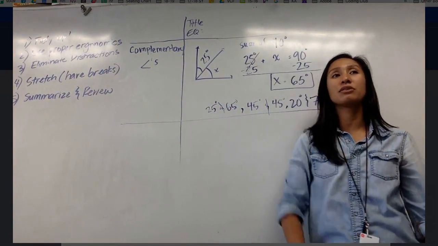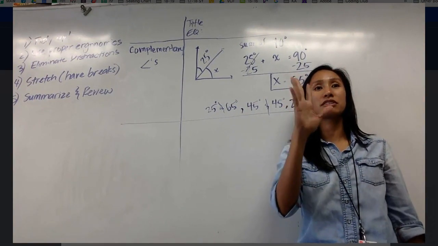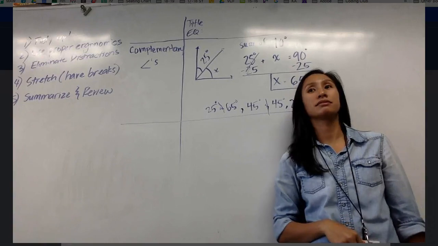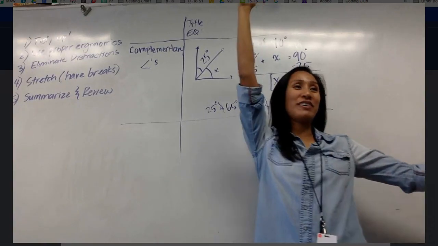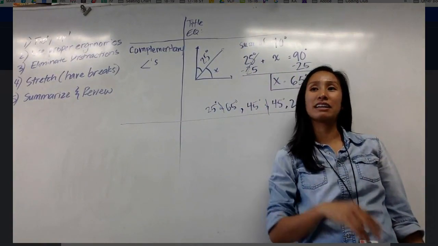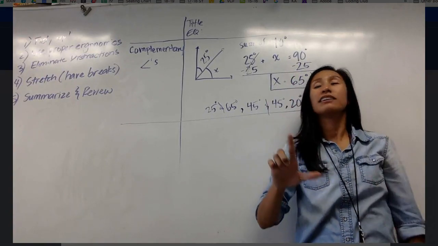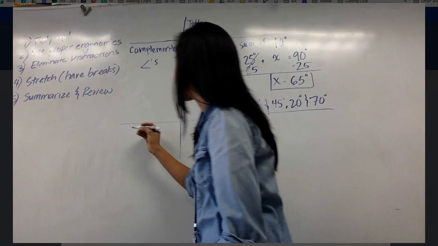Can everyone show me how they would represent complementary angles with their hands or fingers? How would you show that? Your whole arm, 90 degrees. How about just with a hand? Yeah, a right angle. Okay, now, what if I told you supplementary